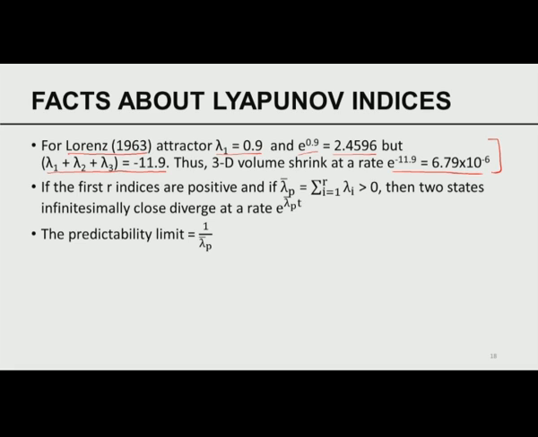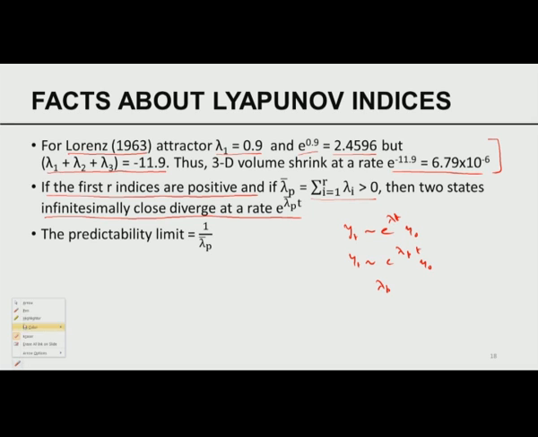the first Lyapunov index. If the first r Lyapunov indices are positive, then lambda bar p is equal to the sum of all the Lyapunov indices which are positive. Two states that are infinitesimally close diverge at the rate e to the power of lambda bar p times t. So this is again the average rate of growth. This is an extension of y(t) being equal to e to the power of lambda t times y(0). So in this case it is y(t) equals e to the power of lambda p times t times y naught, where lambda p is lambda bar p,